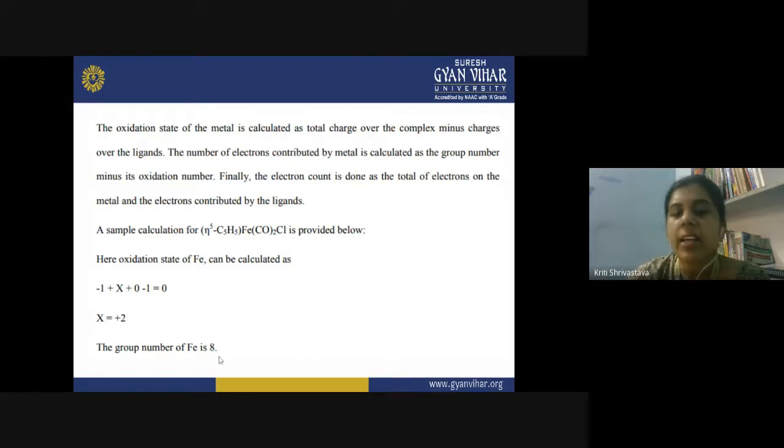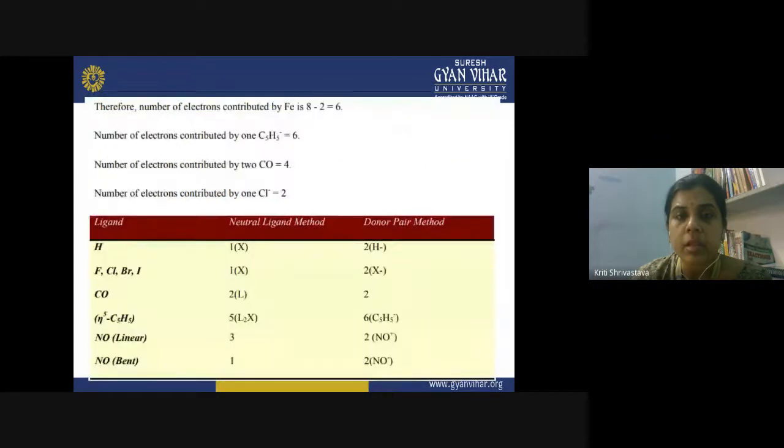Now the group number of iron is 8. And you can also say that the total number of valence electrons is 8 in the iron. So the group number actually represents that; otherwise, you can count the number of valence electrons. So it has 3d6 4s2 electronic configuration, and the group number is 8. Now, the number of electrons contributed by iron. Because two electrons are lost, that is how it has attained the di-positive charge. So you will subtract the 2 from 8. From the total of 8 electrons, 2 are lost, and that is how it has attained the plus 2 oxidation state. So the electronic contribution would be 6 from the Fe di-positive ion.